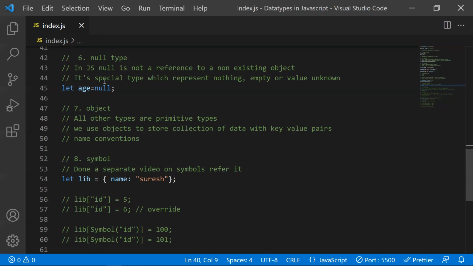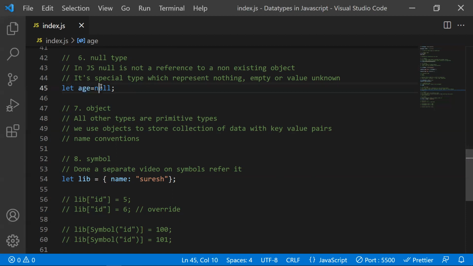So you have an object. If you are declaring a variable or an object and you assign null, it means you're explicitly assigning or referring the variable to null. It means you don't want to access this. If you consider age as an object, you don't want to refer this object to any of the existing objects.